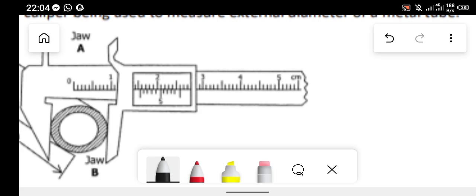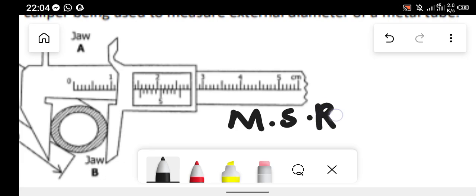So like I said, to find the reading on this vernier calipers, number one, you need the main scale reading, abbreviated as MSR. Okay, this is equals to what? This is the main scale reading. So like I said earlier on, for you to find the main scale reading, you need to get the figure which is just below the zero marking of the vernier